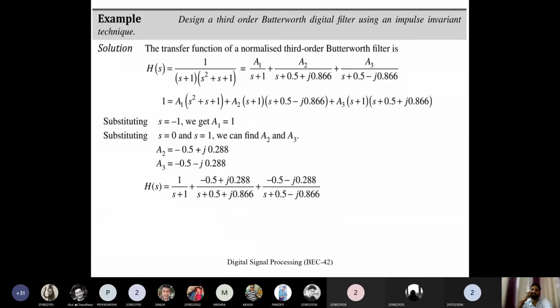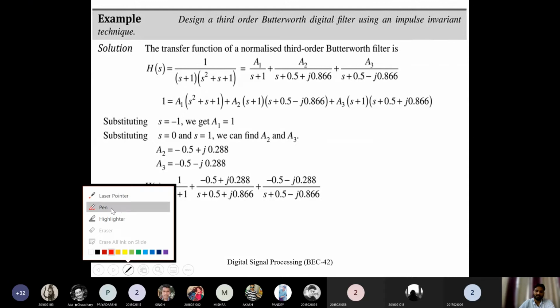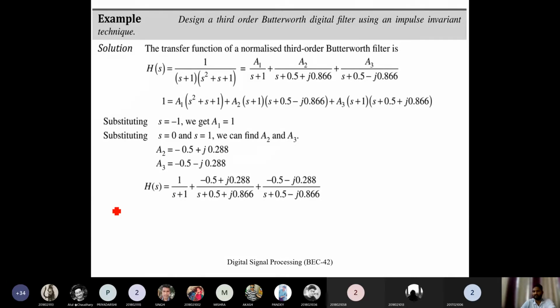So based on the previous theory part that we have gone through, we will take some more examples, like how we can proceed with the given examples. So here, a question is given: you need to design a third order Butterworth digital filter by using